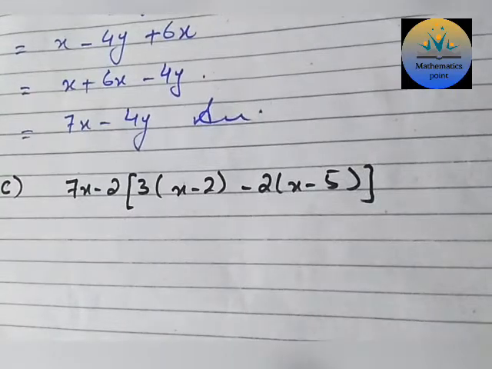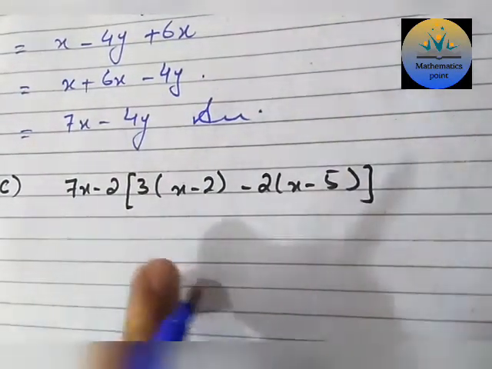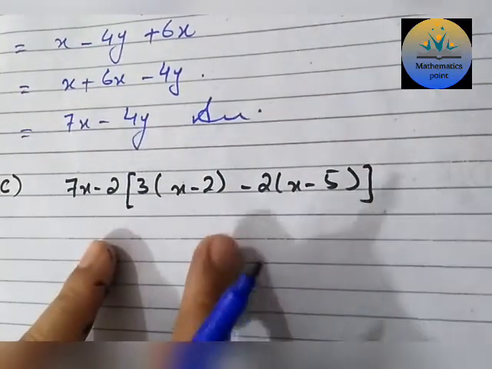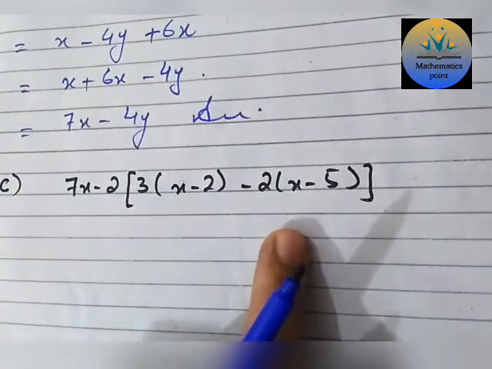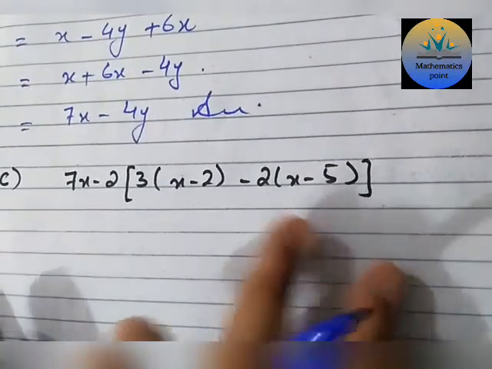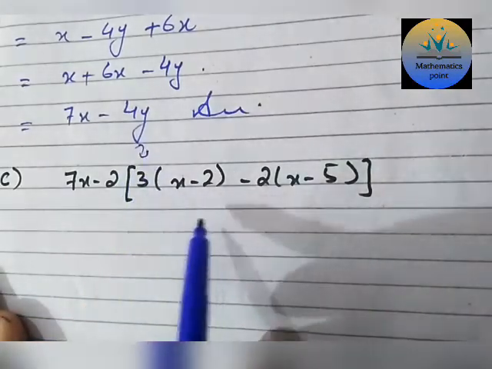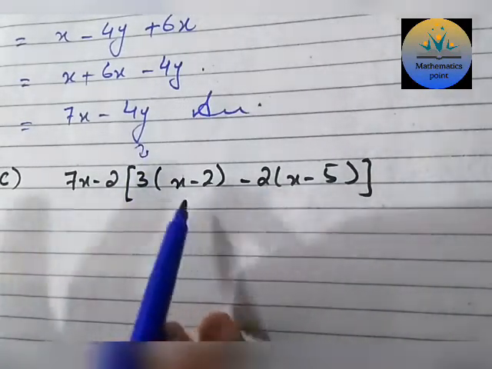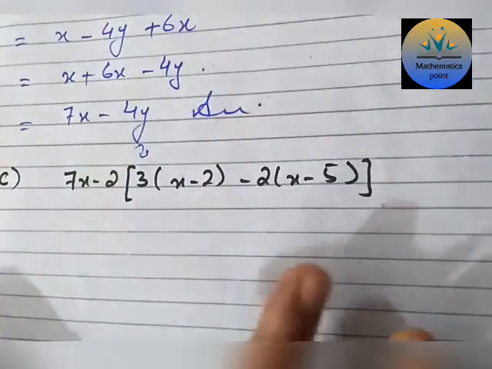So here is the very important question C. Again look at this question. We have a square bracket, and inside this square bracket we have two small brackets. So first we solve the innermost bracket. Now in the innermost, when we go to this step, we see that here are again two brackets. So these two small brackets will be solved. If you solve in the same steps, it will be fine.